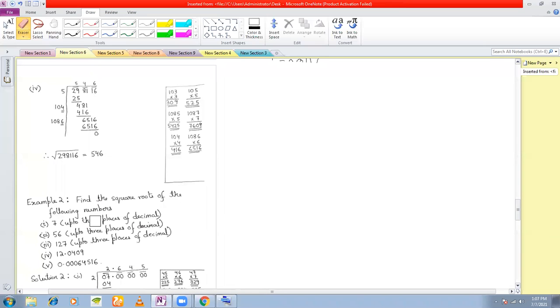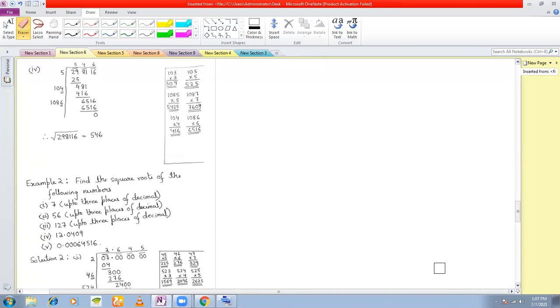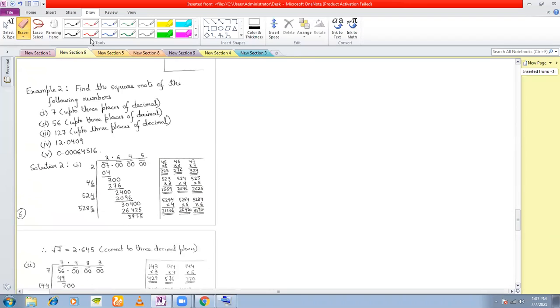Suppose we want to find out the square root of 7, the number 7. How do we find out? Now see, 7 is not a perfect square, right? So that means you will get the value in decimal, isn't it? So the number of decimal places is also mentioned here. See, in the question it is said you have to find out the square root up to 3 places of decimal, right? If this is mentioned, then this is the way you will do it.